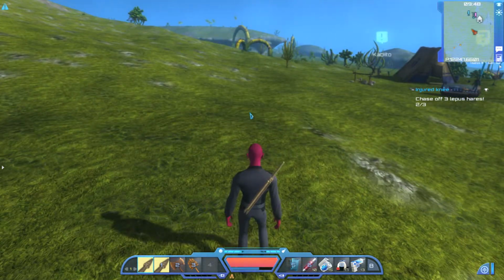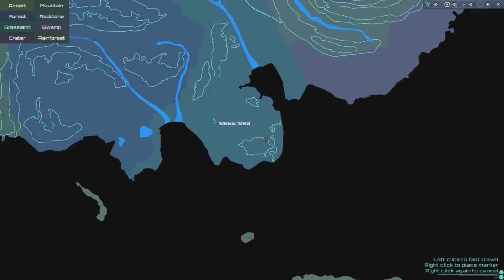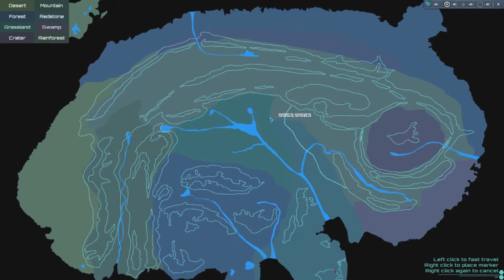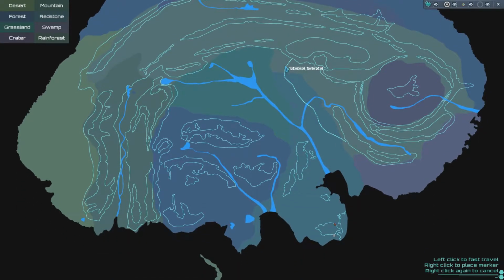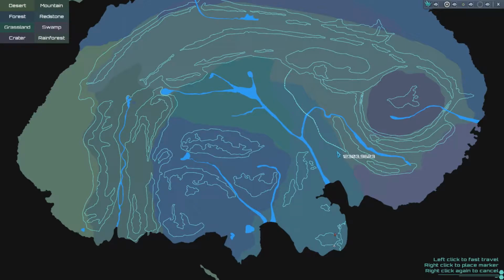In fact, let's have a quick look at the map. So this is the map, this is where we are. That's as far out as I can get. But you can see it takes an age to get around this tiny area, and there's this enormous map to look at. So yeah,